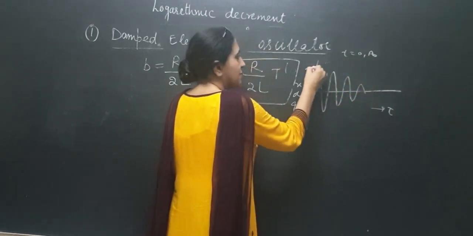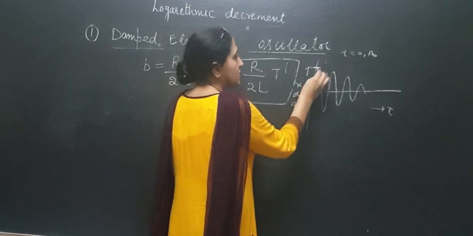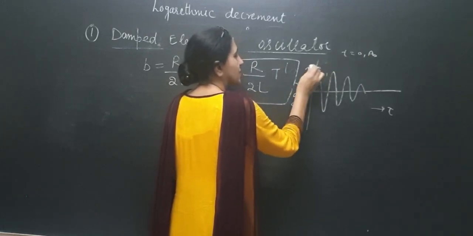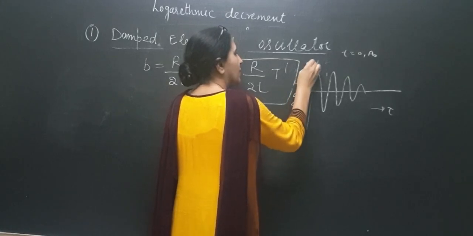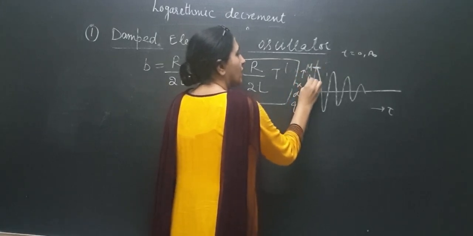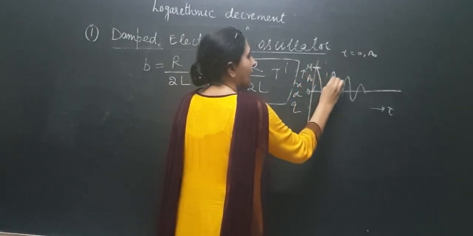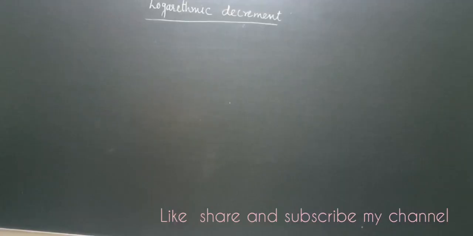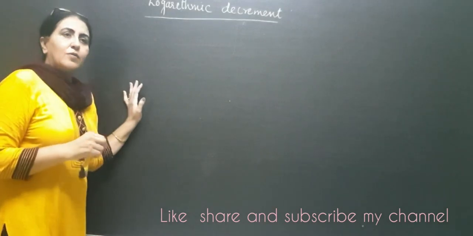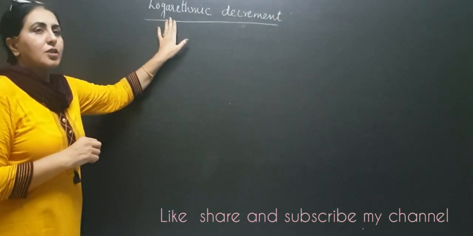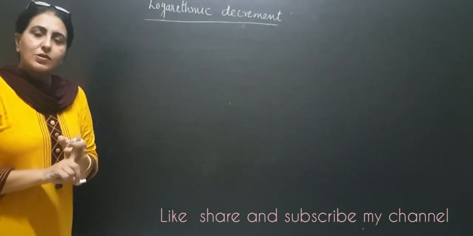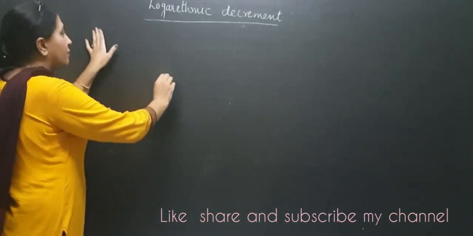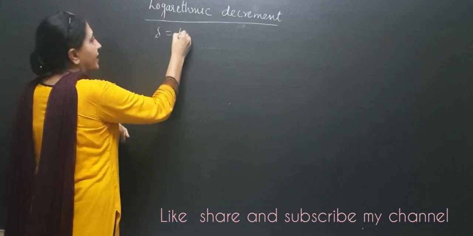So here is the maximum value. This is at time t equal to 0. This is A naught, from 0 to this distance, you can say M. So OM is A naught, and then this is A1, and this is A2. Yes, we have done the value of logarithmic decrement in the case of the mechanical oscillator and in the case of the electrical oscillator. Now, we know delta is equal to bt'.